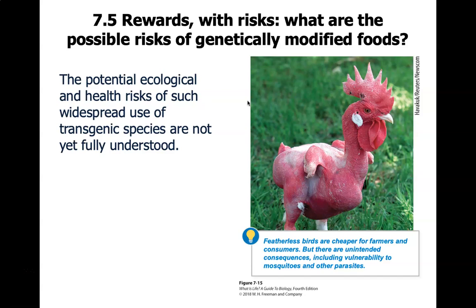And they also illustrate sort of the unintended consequences. So although they had the desirable trait, the one that they were looking for, they also had a lot of unintended and undesirable traits. And so we can imagine that doing this using biotechnology can also produce those unintended and undesirable traits as well. So these unknown, unintended traits could potentially be harmful. They may not be, but there's not really much way of knowing until there's more studies done on some of these